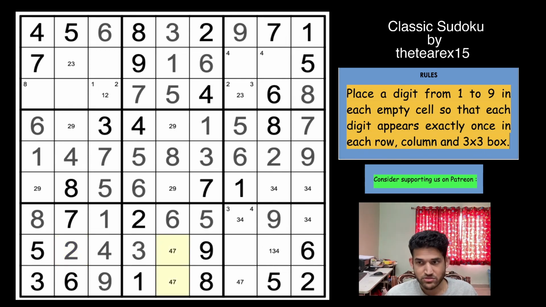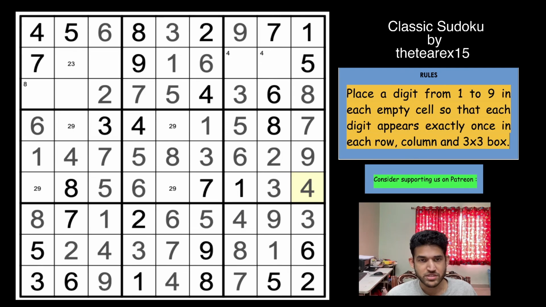This 4, 7 can be resolved. 7 can't be here, 7 goes here. This becomes 1, that becomes 8, finishes off this row, and column 1 not yet finishable. 1 gives 2, that gives 3, that gives 4. So the Sudoku is rushing towards its end. 3, and I'll complete this. 2, 4, this is 8, we need 1, 9 here, so this is 1, this is 9, 2, and